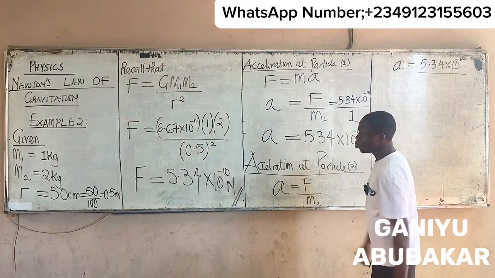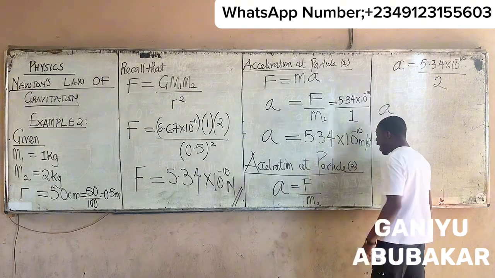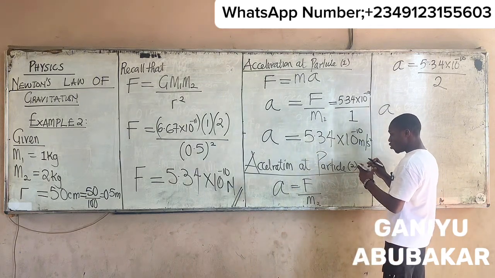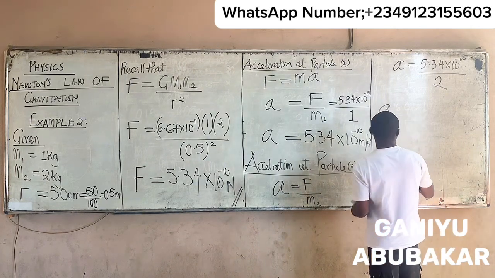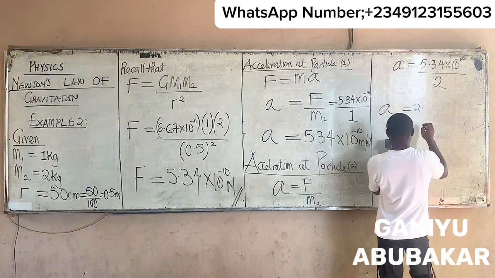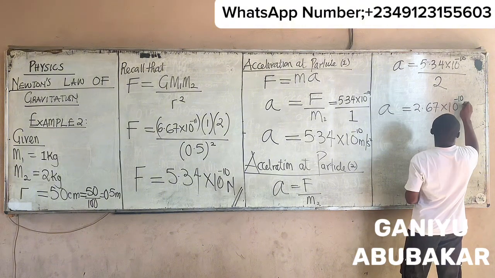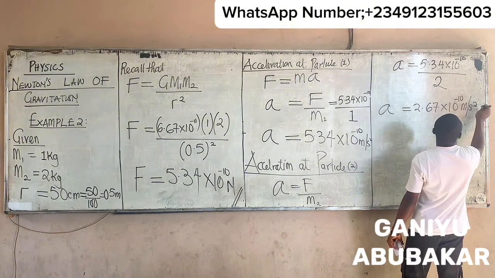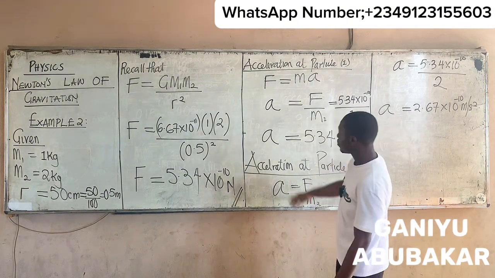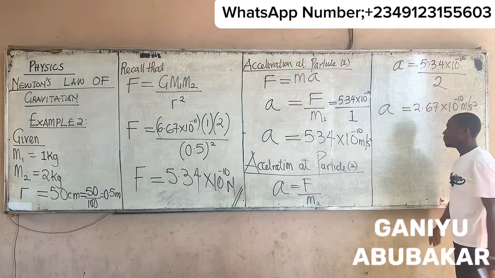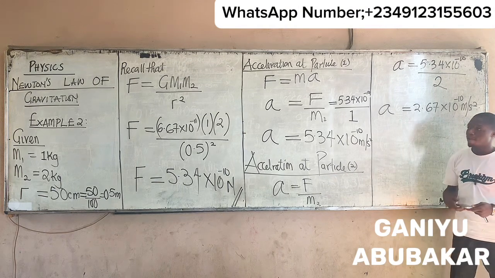M2 is of course 2. So the acceleration at particle 2 should be 2.67 times 10 to the power minus 10 meter per second squared. So this is how you solve this particular question involving the concept of